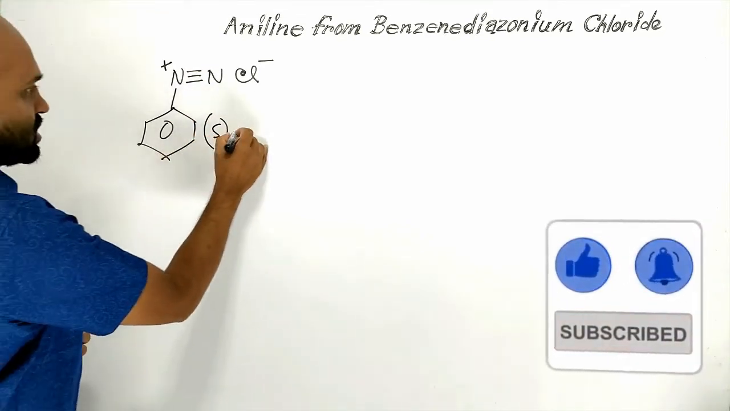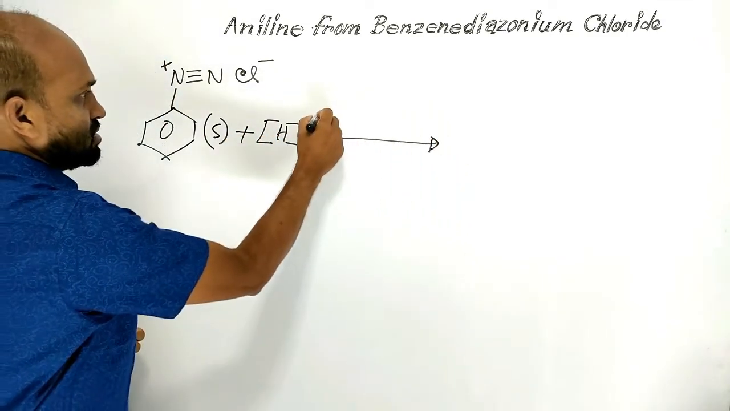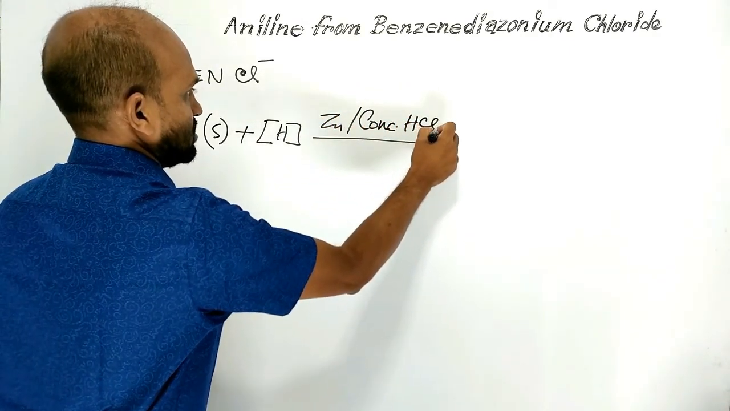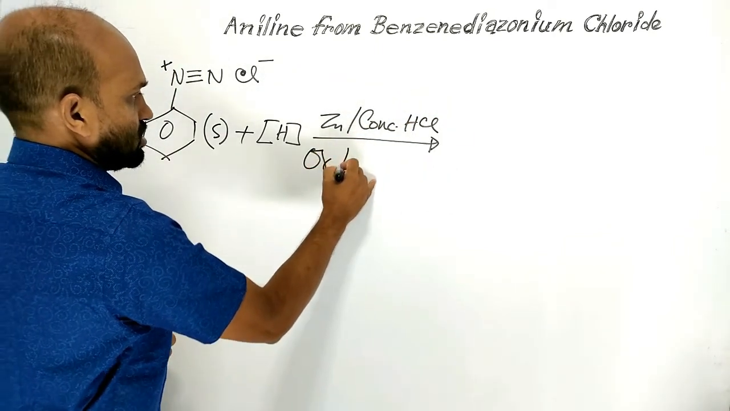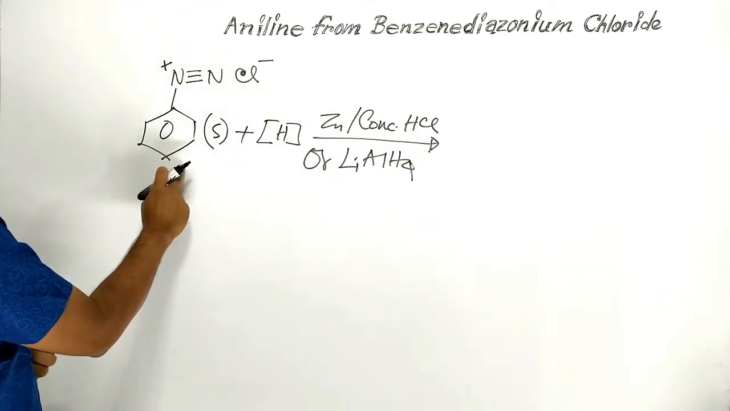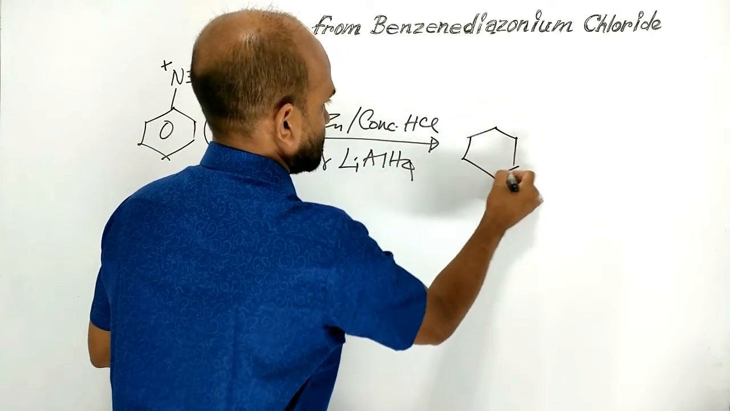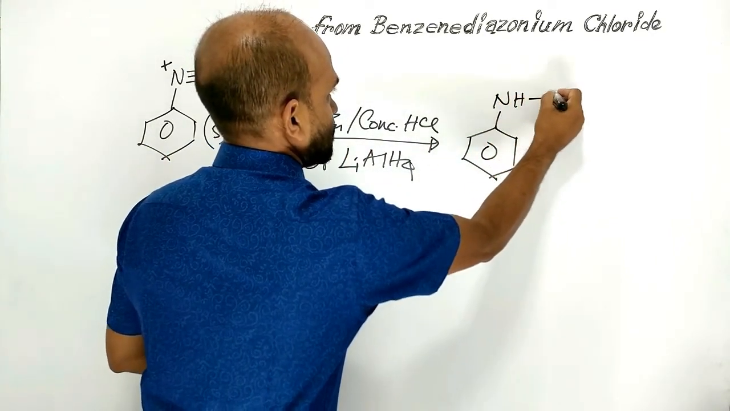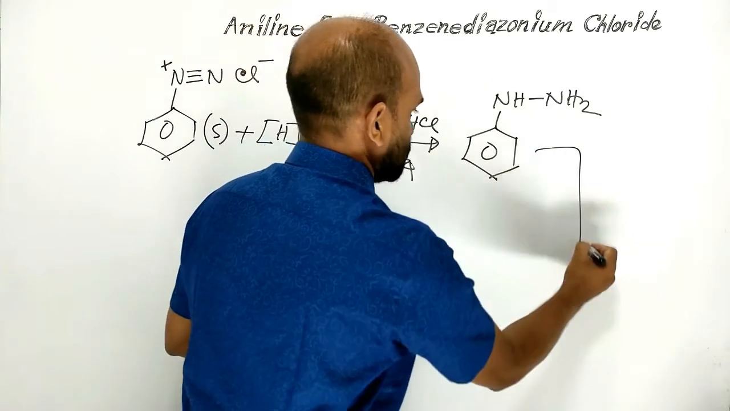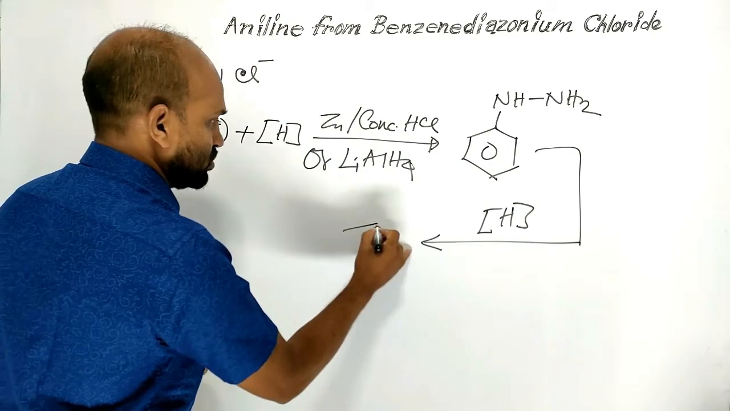When benzenediazonium chloride is reduced by zinc and concentrated hydrochloric acid or lithium aluminum hydride, then benzenediazonium chloride converts to an intermediate product, phenylhydrazine, which on further reduction converts to